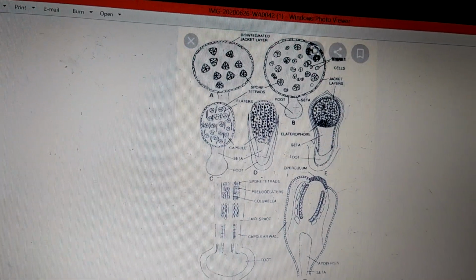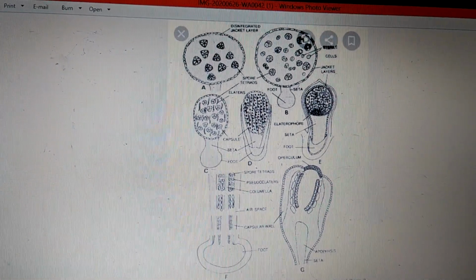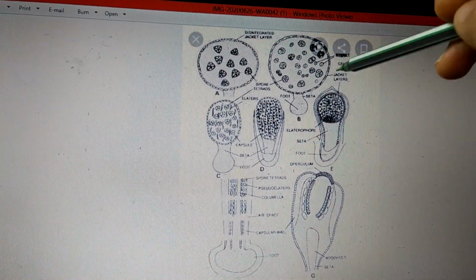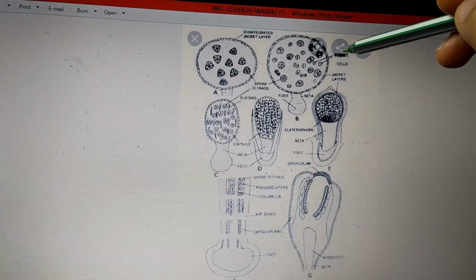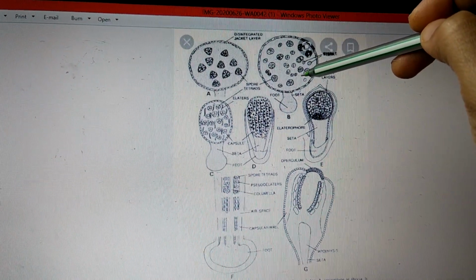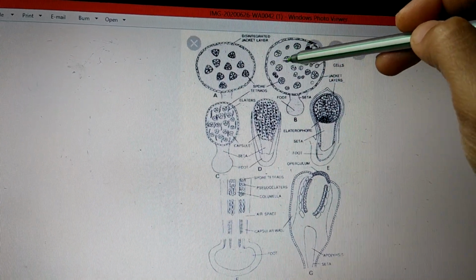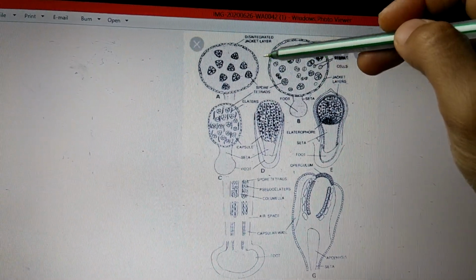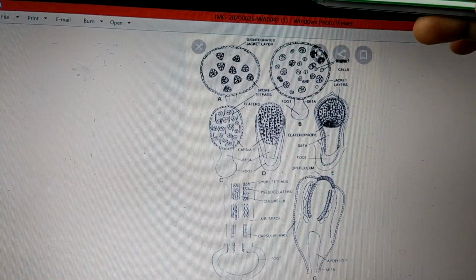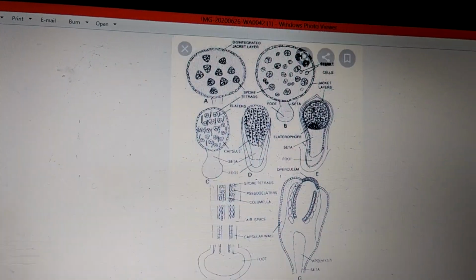The next example, we know we have quoted some 9 examples, will be Corsinia. But here in this image, the sporophyte of Corsinia is not shown. Directly they have shown the sporophyte of Spirocarpus. So in between Riccia and Spirocarpus, what we have is the slowly evolved sterile tissue, and that is of Corsinia.